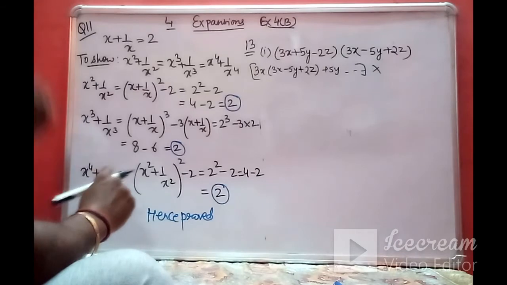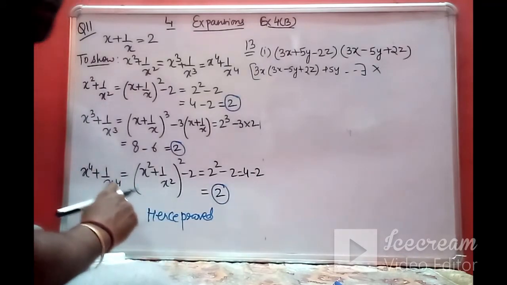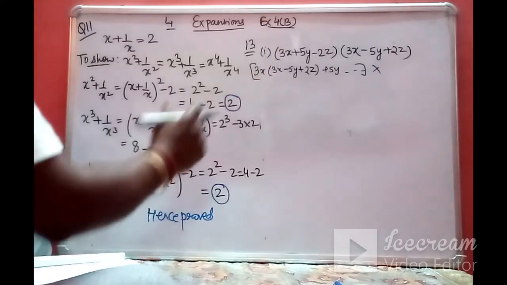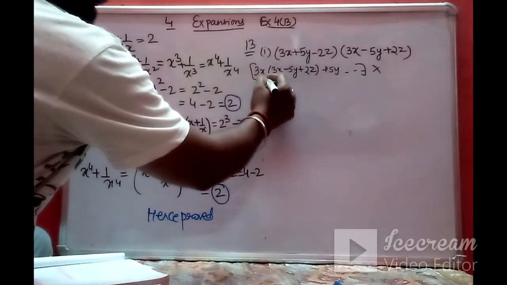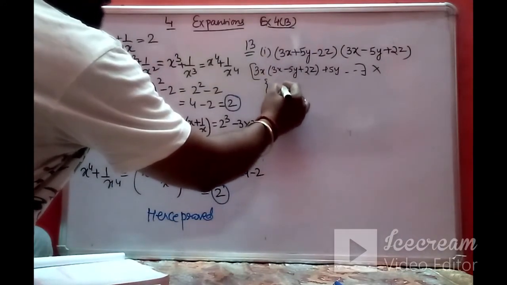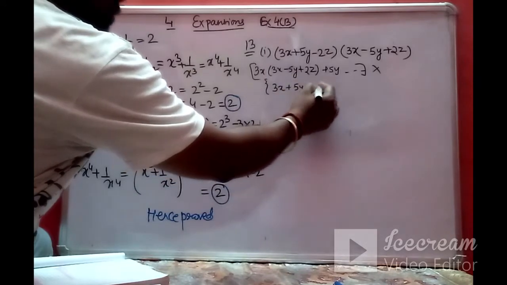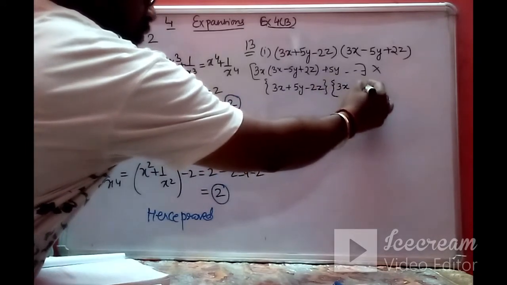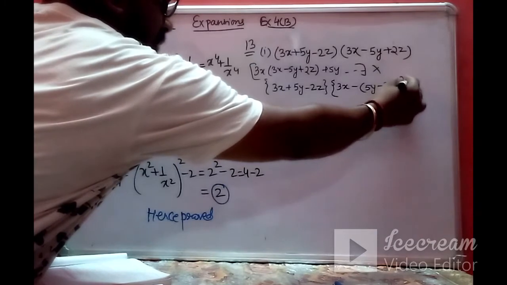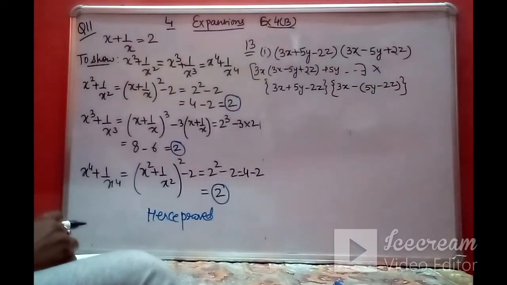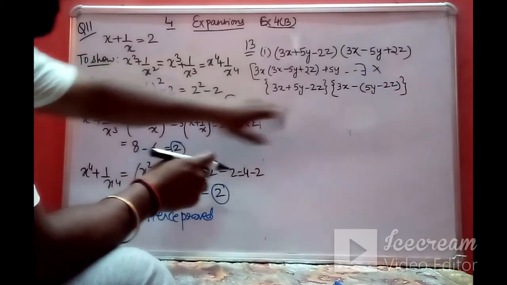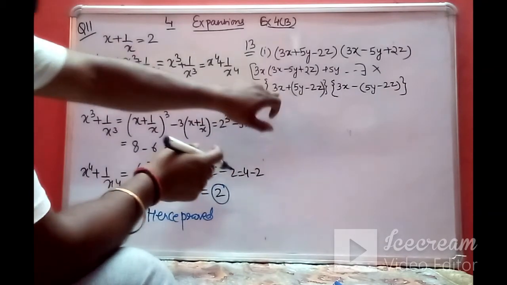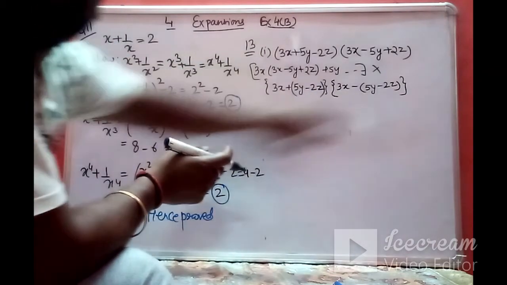So what is my approach in this? I am going to make it in terms of the identity like a minus b and a plus b. So how do I form it? I will just write it like this: 3x plus 5y minus 2z. And here I am going to take the minus sign as common. I have taken the minus sign as common, so see what it becomes. Just see it carefully. Now this A and B are the same.